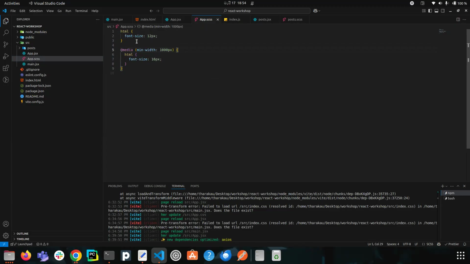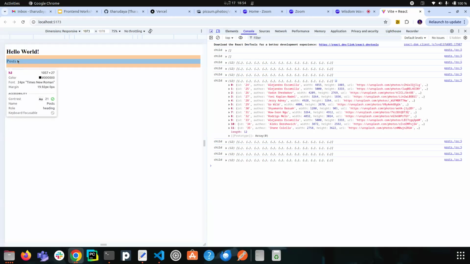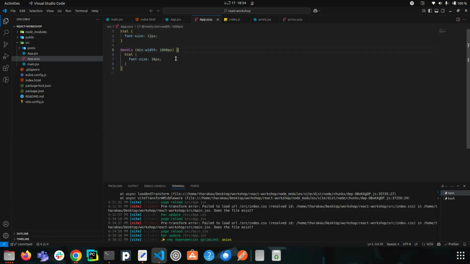So the thing is, we just write the basic styles that relate to mobile devices, because we want to achieve the mobile first approach. So that's why. So let's check that first. Before that, we will do another thing. Let's say we have h1 tags or h2, p tags, likewise, then we should define those